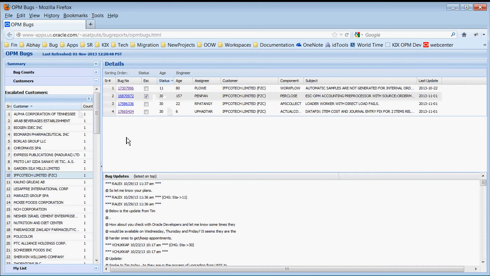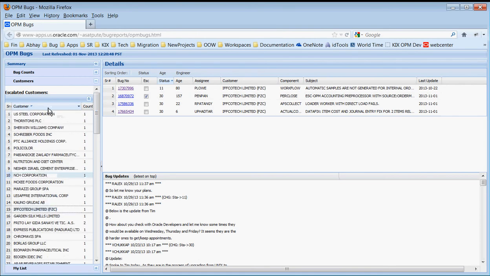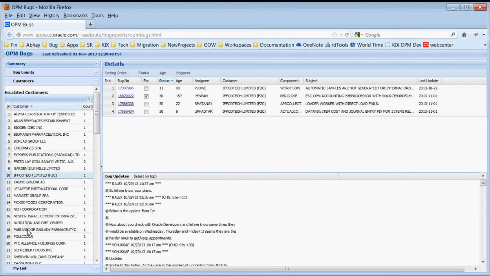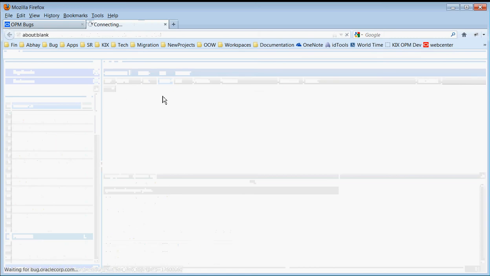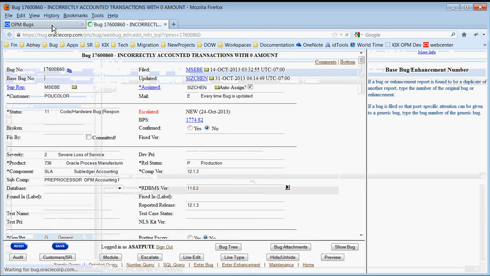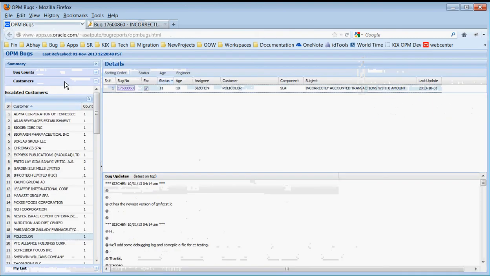So essentially in one page, you are able to know about every possible bug that is open in OPM and drill to any one of them pretty quick. Like, you know, the customer name, you just sort it by the customer name, look through it. Here you go. That's the customer. Here is a bug. And all the details about the bug are already in the bottom region. Still, if you want to navigate to the bug database, all you do is click on this and it will take you to the bug database page.